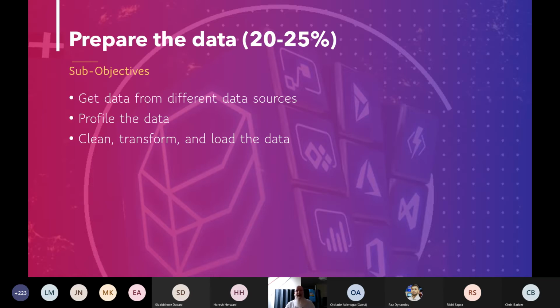Then clean, transform, and load the data. This is Power Query. You need to know a little bit about M code, only a bit. The way I use Power Query, you do your transformation step by step, and it shows you the M code there. Sometimes you edit it a little bit, but it talks about how you need to be able to handle data, maybe transpose data, so switch it around.